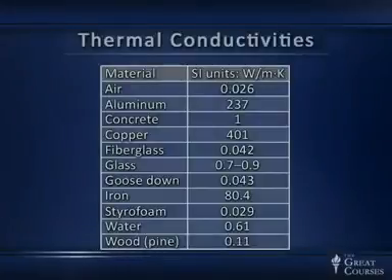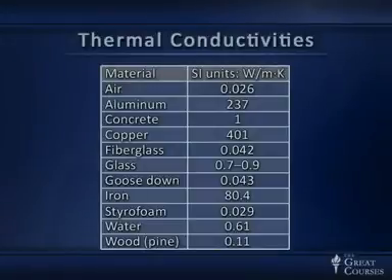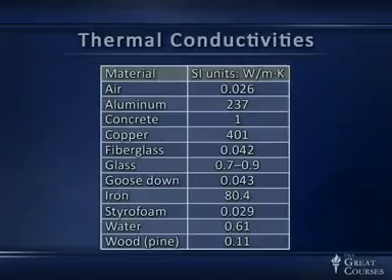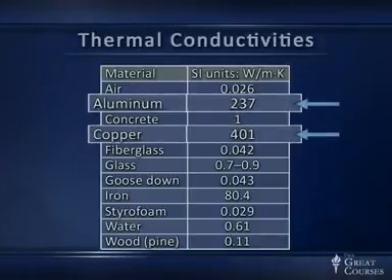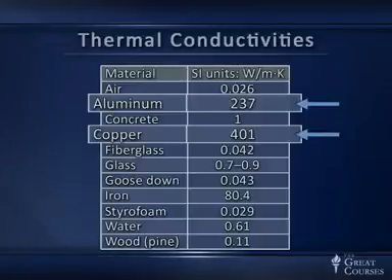Here are some thermal conductivities of typical materials: air, aluminum, concrete, and so on. I'm not going to spend a lot of time on it, but you should notice that two materials really stand out with having much greater thermal conductivity than other materials, and those are aluminum and copper. And if you think about it, those are also excellent conductors of electricity. And when we get to electricity, we'll understand a little bit more about the conduction mechanisms that allow these materials to carry electric current. They involve a lot of free electrons whizzing around in the material, and it's those same electrons that can carry heat, can transfer energy as heat. And so not surprisingly, the metals, aluminum and copper, the good electrical conductors, tend also to be good conductors of